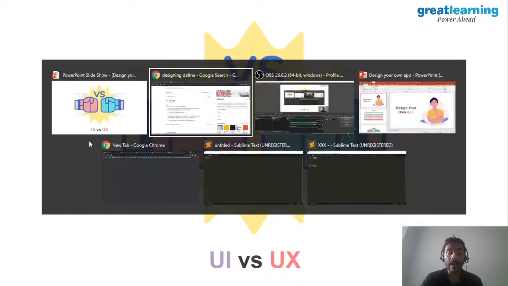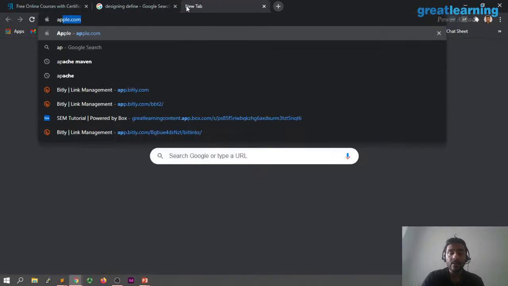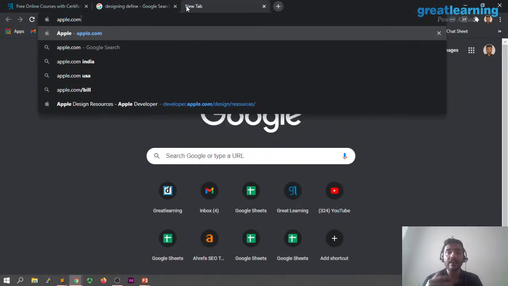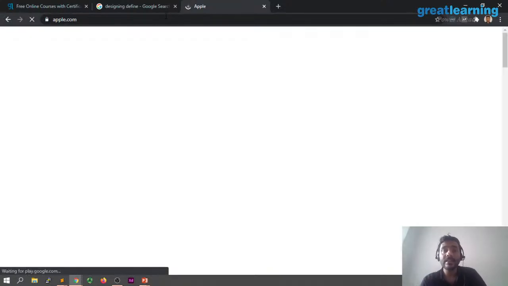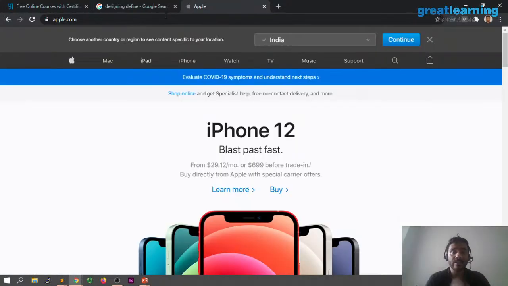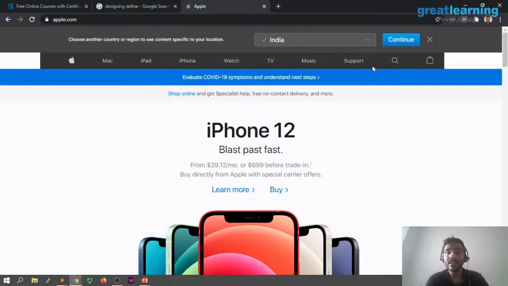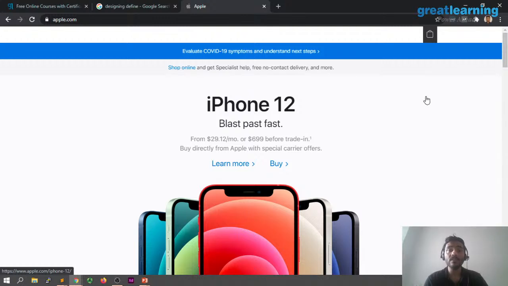Let's go to apple.com, right? Now, you guys know how good Apple is, and I've given this example again and again, that Apple is designed foremost, then they come down to the other things, right? Even if you look at their website, they have designed it in a very thought out manner where they want you to look at certain things. So if I look at this website, what is the first thing that I see?